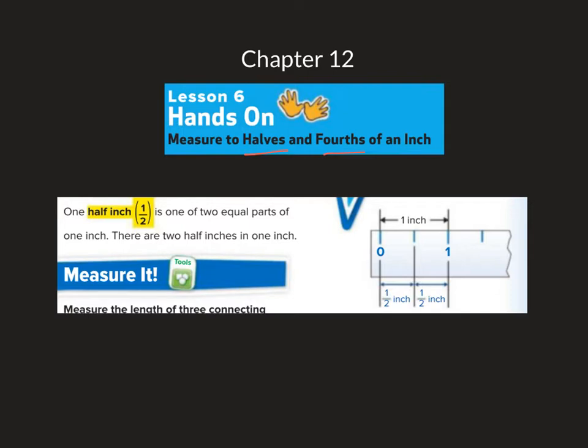Okay, I'm trying to think of how best to do this without being in front of you with a ruler. So if you could get your rulers out, that would be helpful. You can just pause the video, go grab your ruler, get it out, and we could be looking at that,